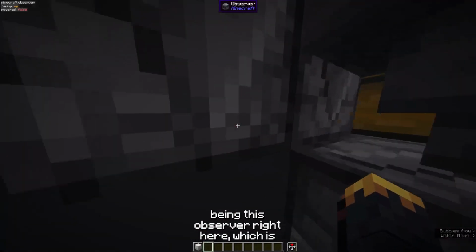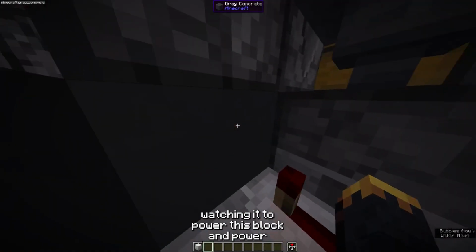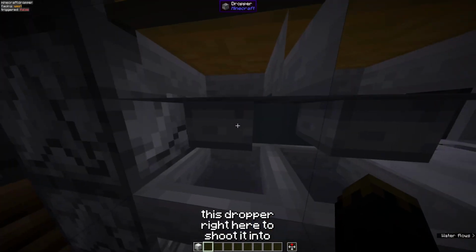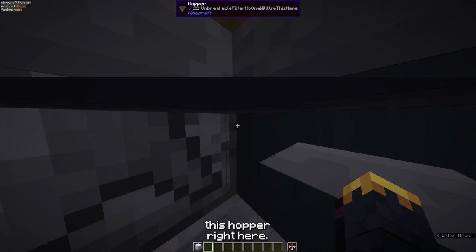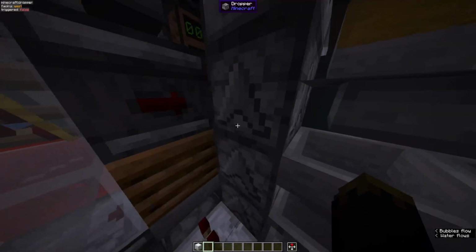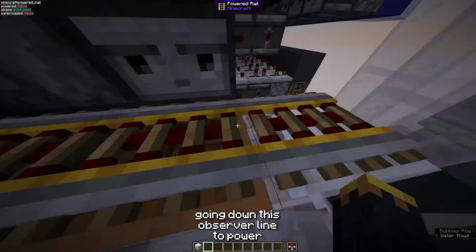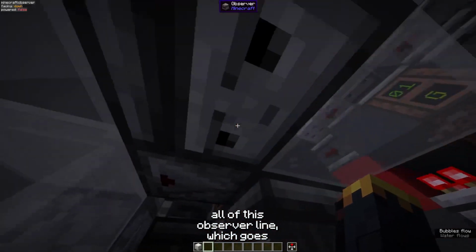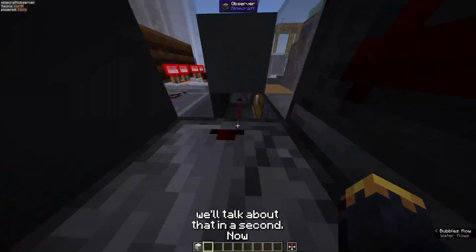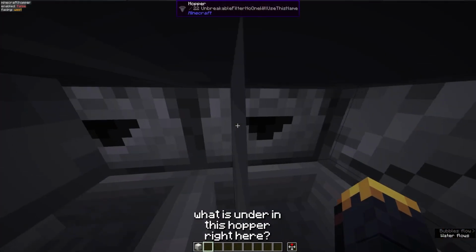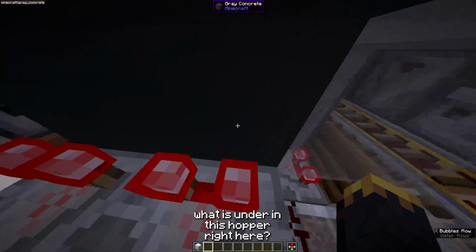One of them being this observer right here, which is watching it to power this block and power this dropper right here to shoot it into this hopper right here. Now, what also happens is there's a signal going down this observer line to power all of this observer line, which goes down to this signal, and we'll talk about that in a second. Now, once it's in this hopper right here,